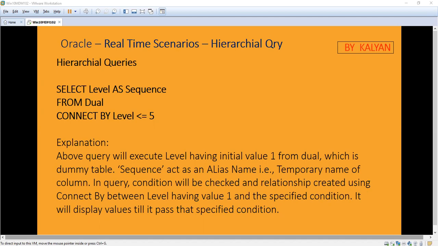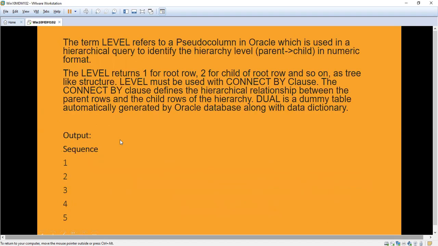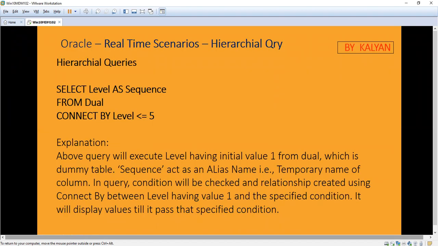Okay, we are going to see some simple SQL regarding the hierarchical query, and this is the SQL. Select level as sequence from dual connect by level less than or equal to 5. This query will execute, with level having the initial value 1, from dual.